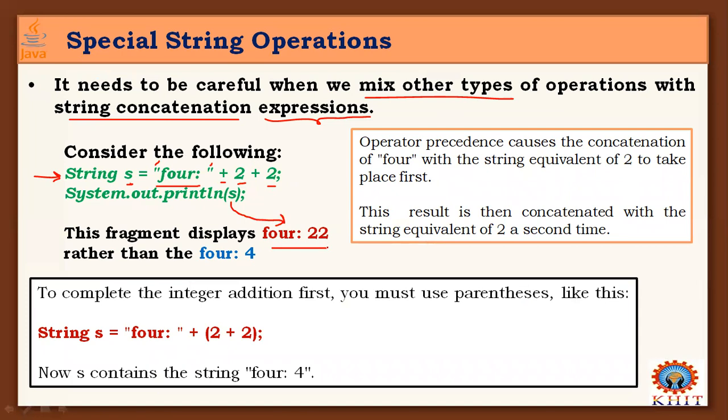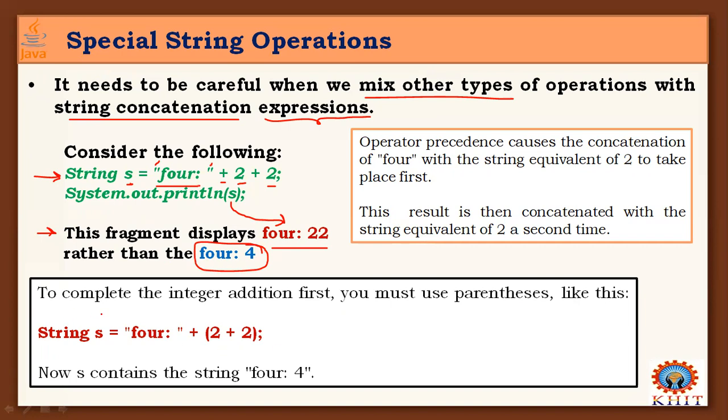It just converted those integer constants into string values. What we discussed in the previous slide was automatic conversion. But my intention is different. I want to add those two constant values and then add the result to that string. When you want to do that type of operation, this fragment actually displays like this, 422, but my expectation is to print the concatenation like this.